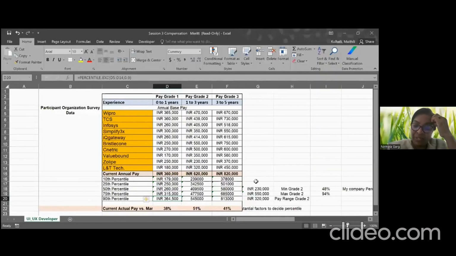I'm just sharing my screen. Anybody, just screen the same data if you can. Okay, now that you have got the data,